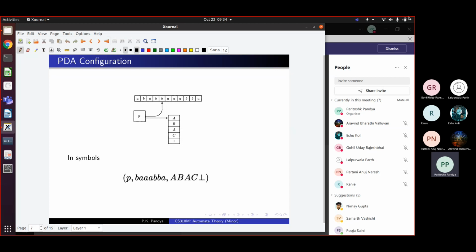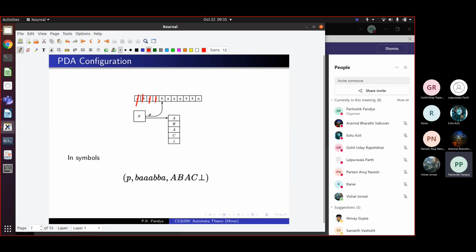So yesterday, in the last class, we introduced the model of pushdown automata. As you know, a pushdown automaton has a finite control. It has an input head where it reads one letter of the input word at a time, scanning from left to right, and it also has an additional stack memory. Now here, after processing these initial four letters, this is the configuration that you have achieved in the automaton. And what does this configuration look like?